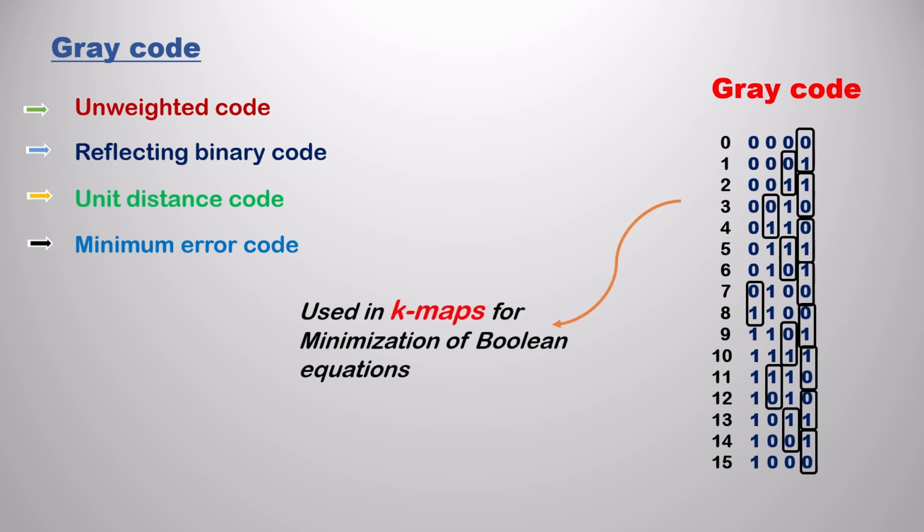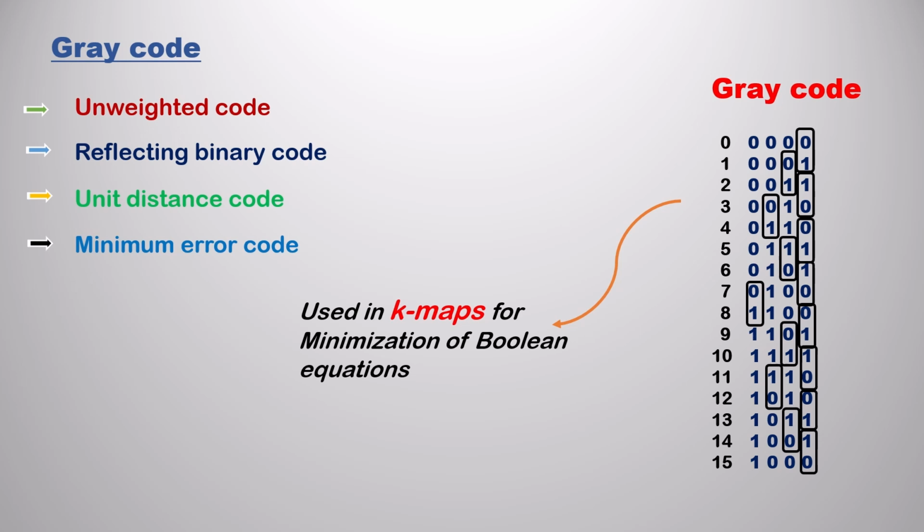Up to now we have seen the properties of gray code. So let's see the usage of gray code. Where are we going to use this gray code? Why are we converting to gray code? Because it has some properties and uses, and that is the reason we convert into gray code. The main use is in K-maps, for minimization of Boolean expressions